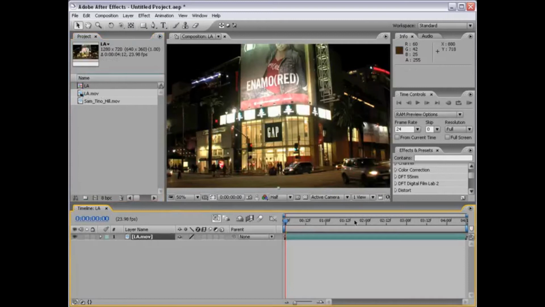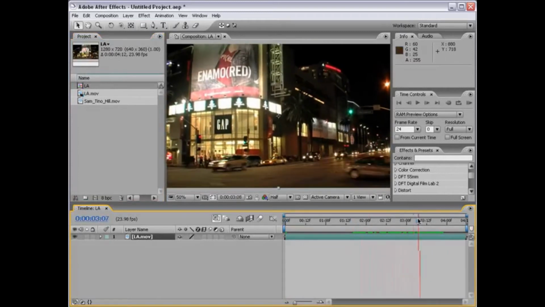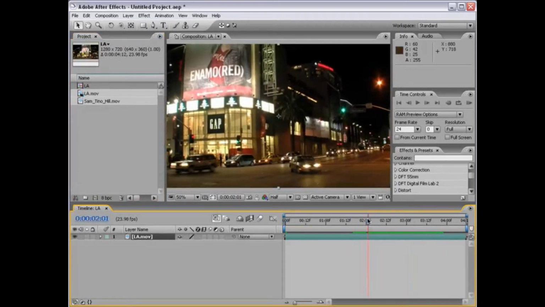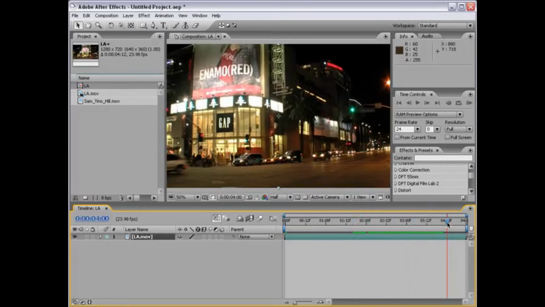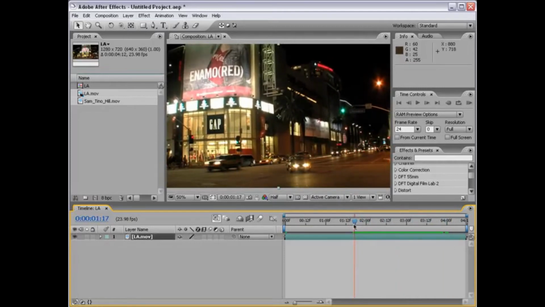Now, this shot is a little bit shaky. So what I want to do is stabilize it. But I don't want to stabilize the whole shot, just from about here to about here. So what I'm going to do is set my current time indicator about here, hit the letter B as in boy,